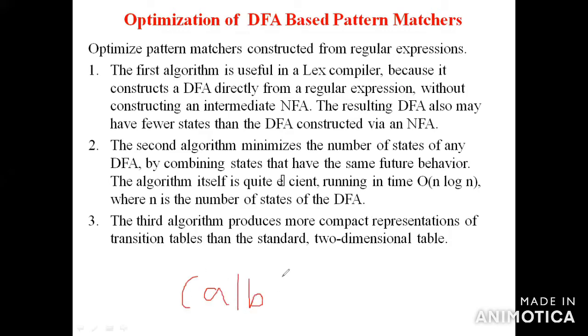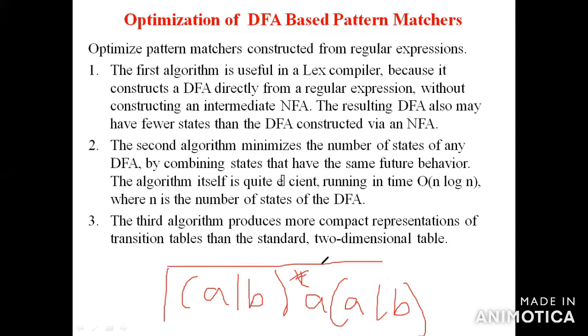The input is simple: (a|b)* a|b. So similarly you have to write (a|b)* a|b. This is your example problem, a homework problem. You have to work it out at home. The regular expression is (a|b) the whole star, a|b. So this is the regular expression. This is your homework problem, so you have to solve it.